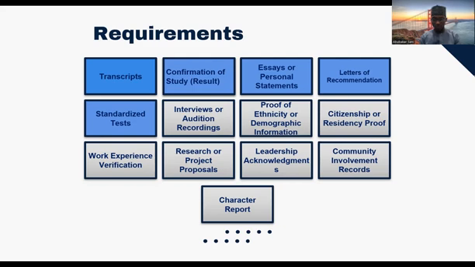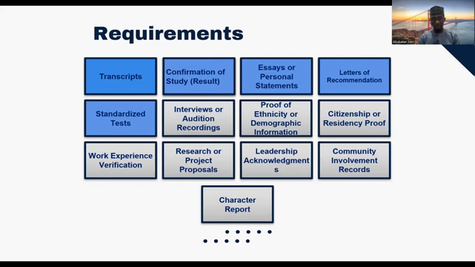Demographic information, all about you as a person, as I said. Are you male, female? Because you will see some scholarships are only for women, some are only for men. So this is also sometimes asked. And this can easily be verified from your international passport. They can tell your ethnicity as well as your demography in terms of gender.